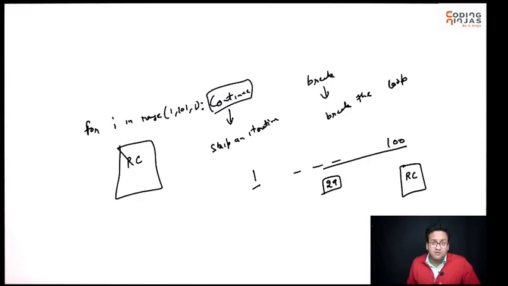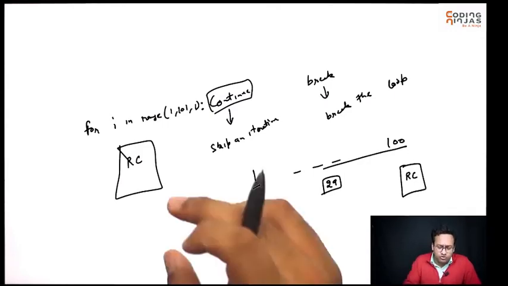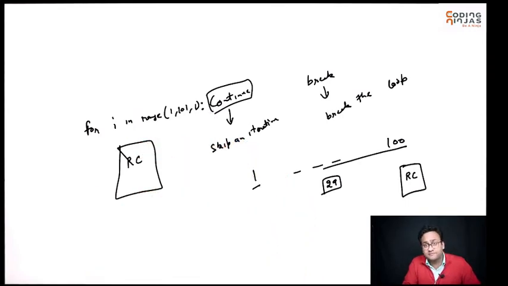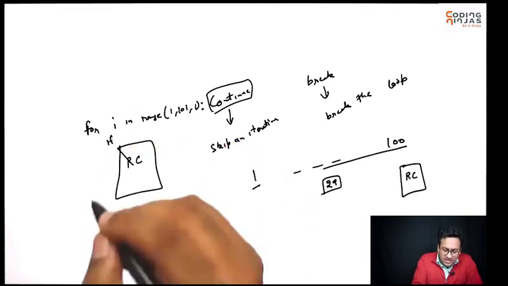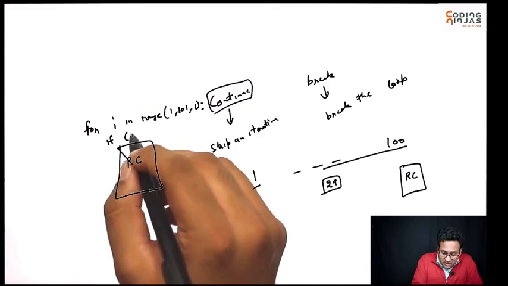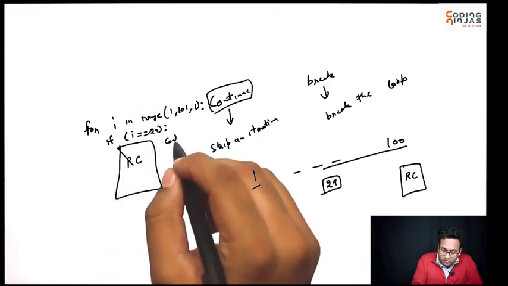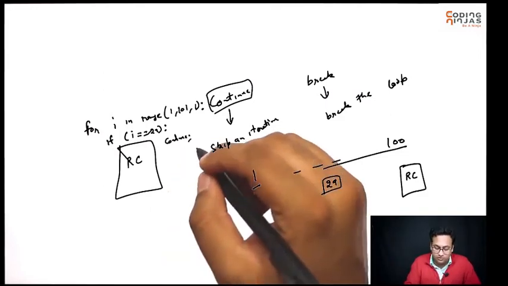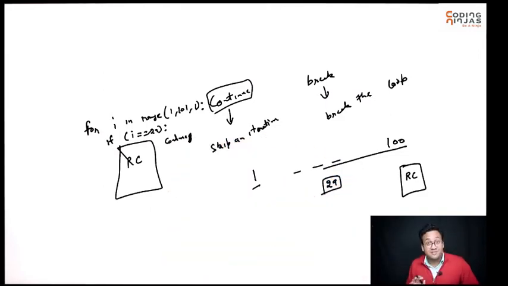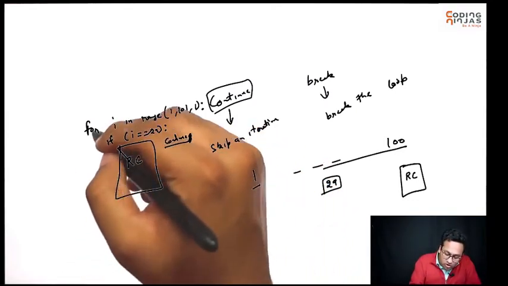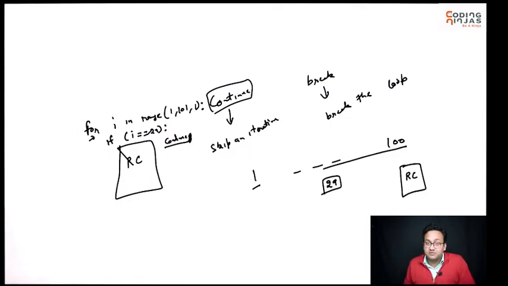So basically, I don't want to do this work in case of 29. So I can simply say, if i equal 29, then I can continue. And as soon as I say continue, sorry, I don't need the semicolon. This is a habit from C++ and Java. As soon as I say continue, it will basically go to the top of the loop again and pick the next number.